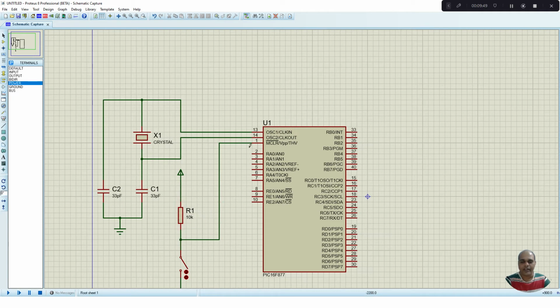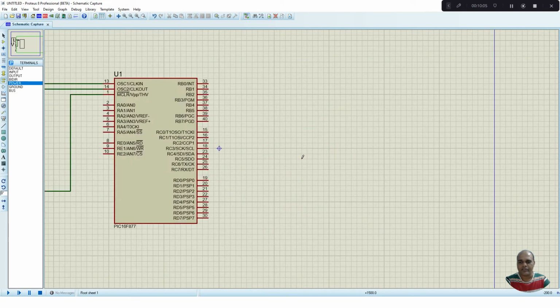So by default this pin will be at logic 5. Whenever I close the switch, this pin will go to logic low, which means the reset operation will be carried out. So this completes the reset circuit. So now let us go and build the